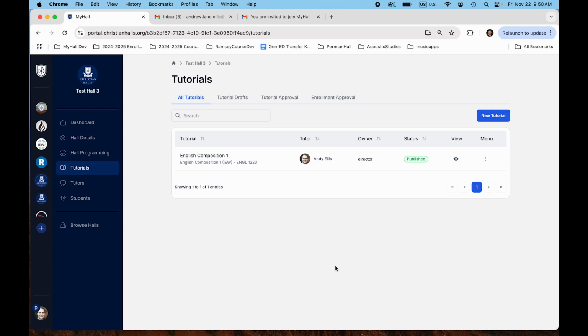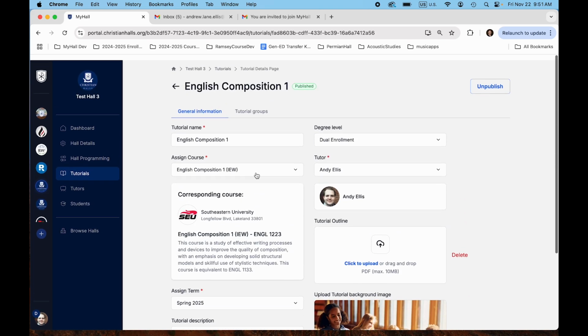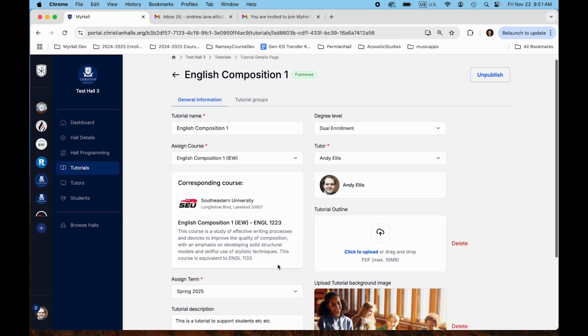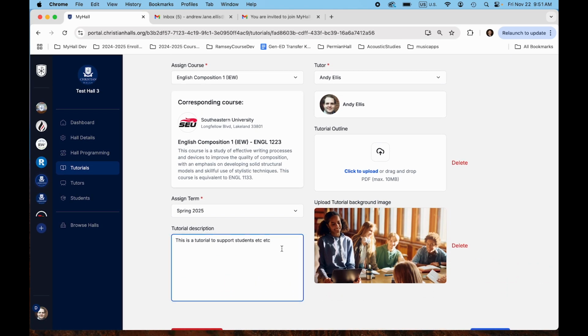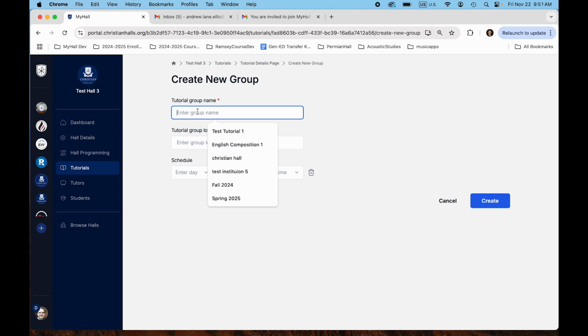We've added our tutorial. The next thing that we will need to do to complete this tutorial setup is to edit tutorial, and we need to add a tutorial group. The groups are where you schedule the different meetings. And so you'll notice that on general information, there's nowhere to put the details. I mean, you could put the location and time and whatnot in tutorial description, but you'll need to go to your tutorial group, create a new group, English 1,